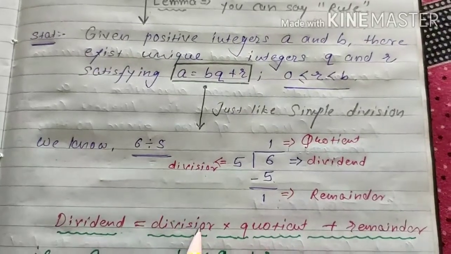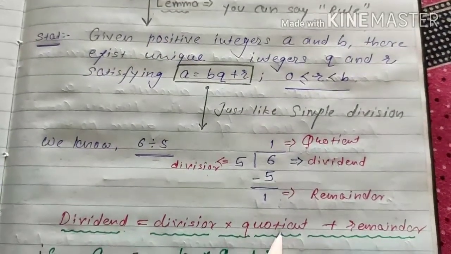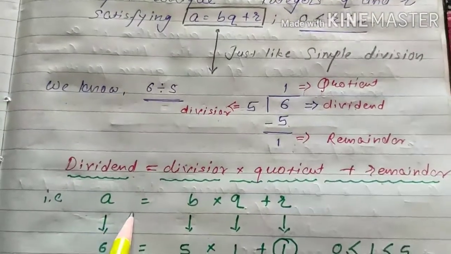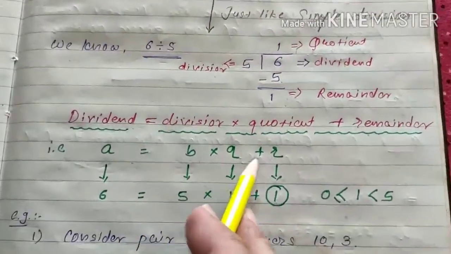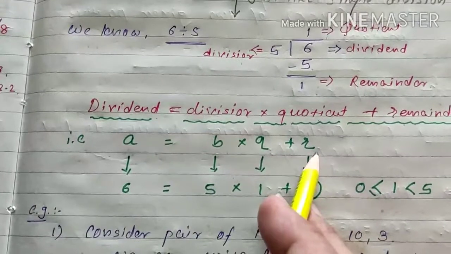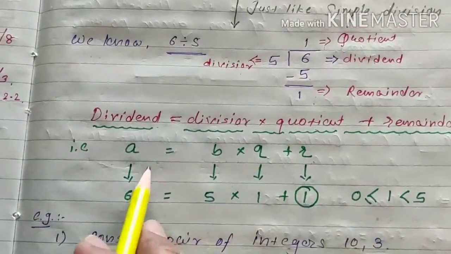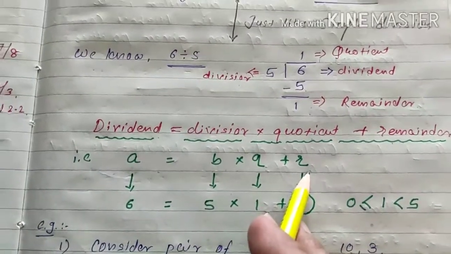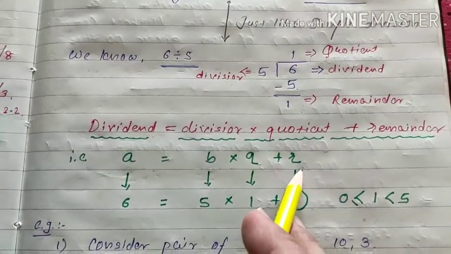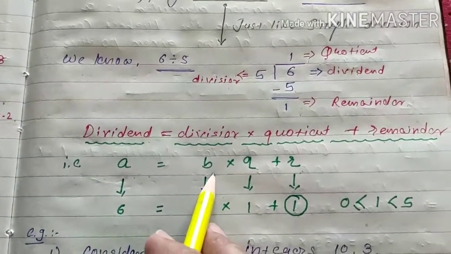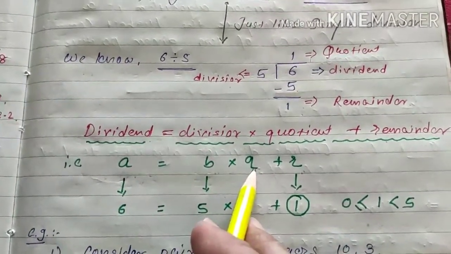Dividend is equal to divisor into quotient plus remainder. That is, a is equal to b into q plus r. Simple way, a is equal to bq plus r. So in Euclid division lemma, a is called dividend, b is called divisor, q is called quotient and r is